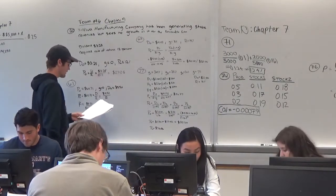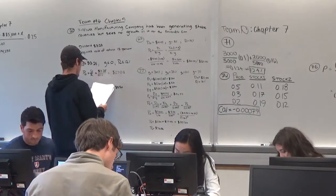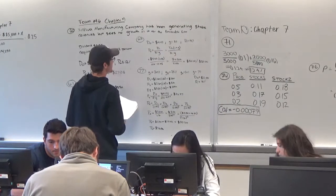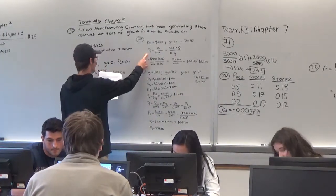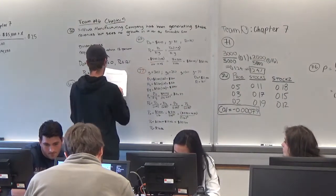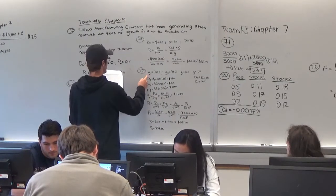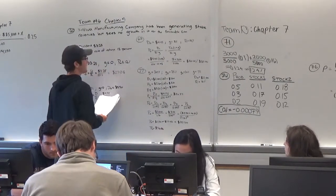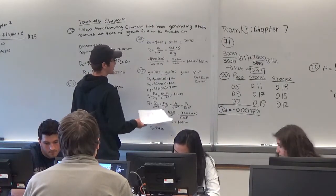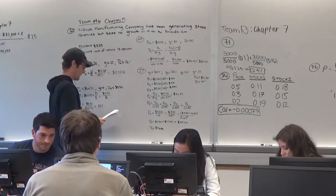And so this is just doing it the other way. So the dividend is $4.45. The growth rate is 8%, and the discount rate is 14%. So you just plug these in here, and so you get the $4.45 times the 1 plus the 8%, so 1.08, divided by the 14 minus 8, and so then you get 486 over 0.06, which comes out to 80, rounded to the nearest dollar. And then